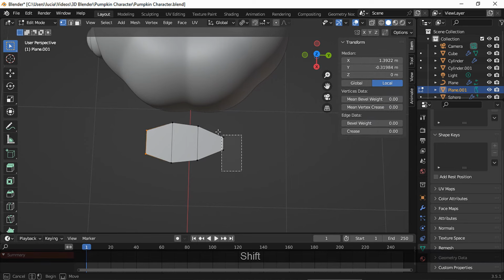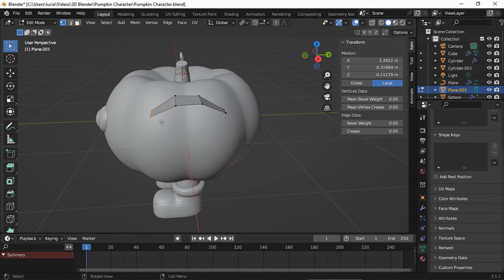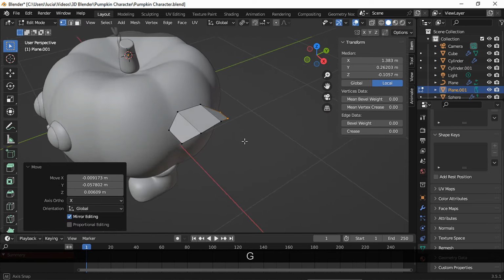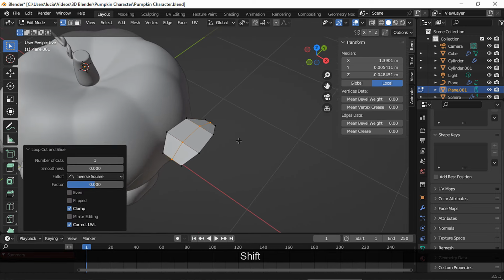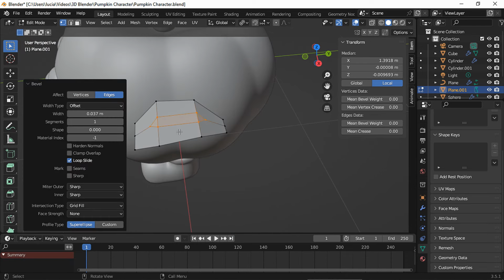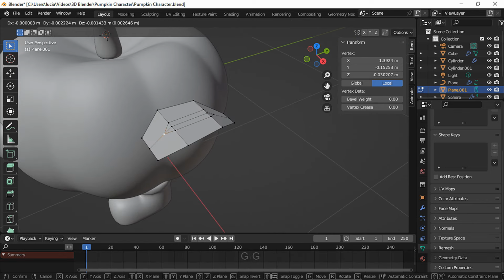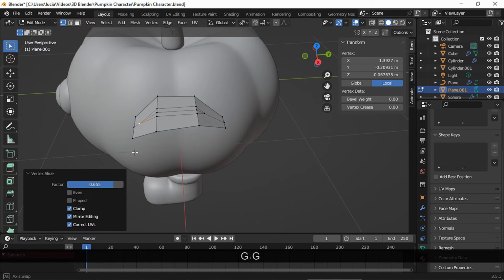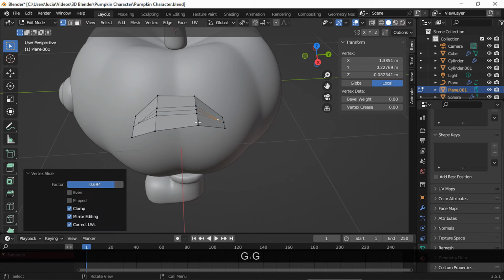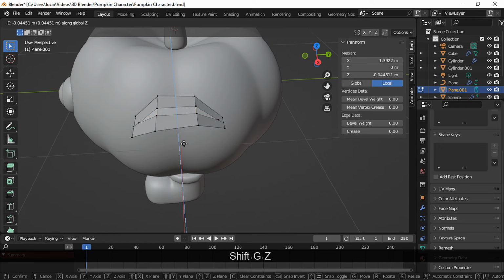And now select both the bottom and the top points and move them on the z-axis. Move the bottom points closer to the mesh, and let's do the same with the top vertices. Add a loop cut right in the middle, select these 2 middle vertices and bevel. Add 2 segments, and now select this vertex and double shift to move it closer to the bottom vertex, and do the same with this one, but take it closer to the top vertex. Now select these 2 middle vertices and move them down on the z-axis.